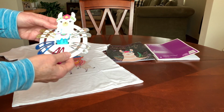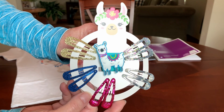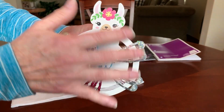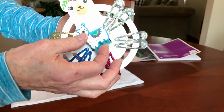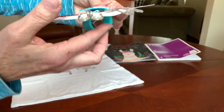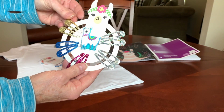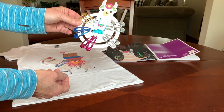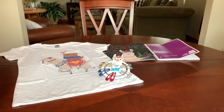Many of you might remember this from last year or year before last. I've had it for a while. I bought several of them. This one I just kept together on the card. I didn't take it off. And then I pushed the slap bracelet through so that the bulge was on the back and I could fit it in a little nook, little cranny in the shoebox. And so she's got 5 sets of hair clips and a slap bracelet